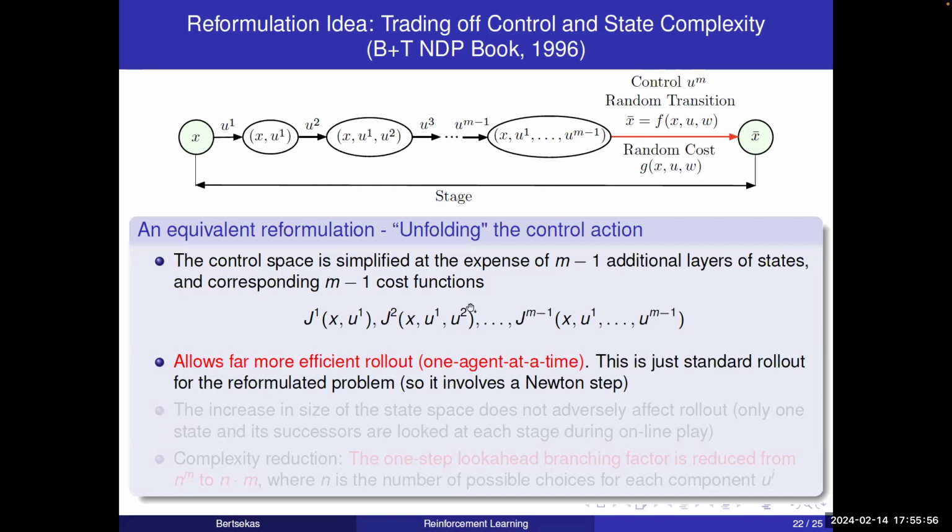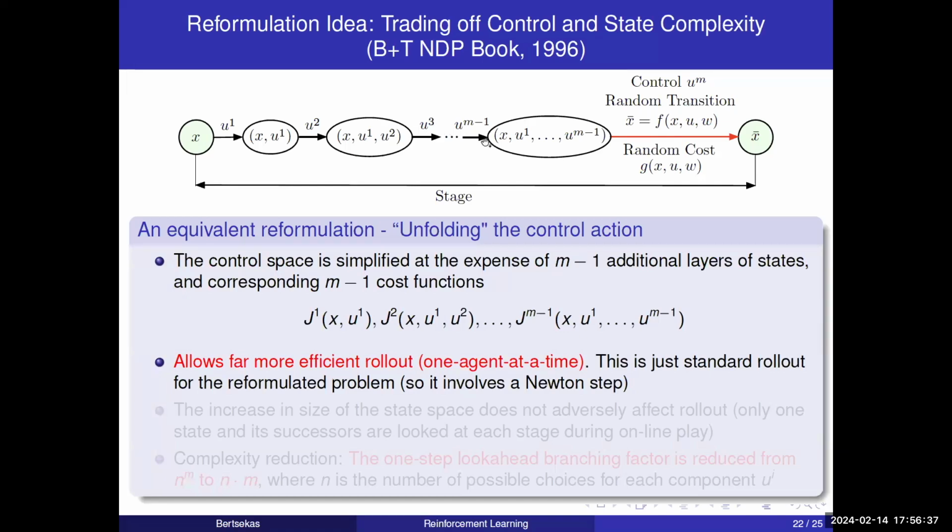And so we get to inherit the Newton step and all of our intuition, and that's all great. So why is this more efficient? Maybe it's not obvious. If I choose the controls one at a time, for example, when I choose control U3, U1 and U2 are fixed. I'm never going to consider what would have happened if agent 1 and agent 2 had done anything different. And so I'm just selecting one of n controls for each of these